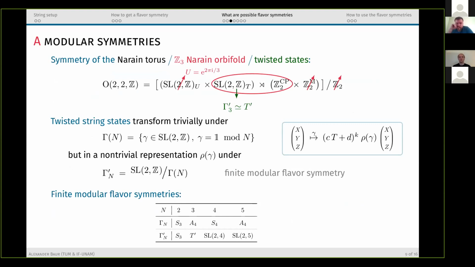So we know how the Kaluza-Klein momenta and the winding momenta transform under this transformation. So how they change. But there's still the states left. So your state depends on the Kaluza-Klein and the winding number. You know how the Kaluza-Klein and the winding number transform, but you do not know how the state transforms, because you have to. So what you would usually do is you write down the vertex operator for this type